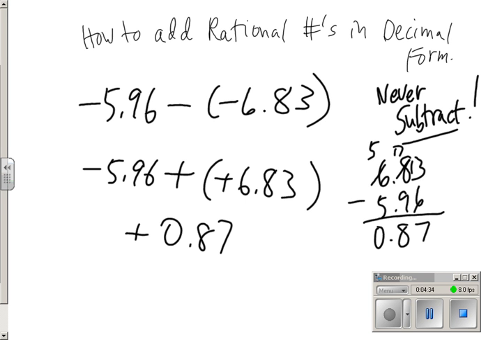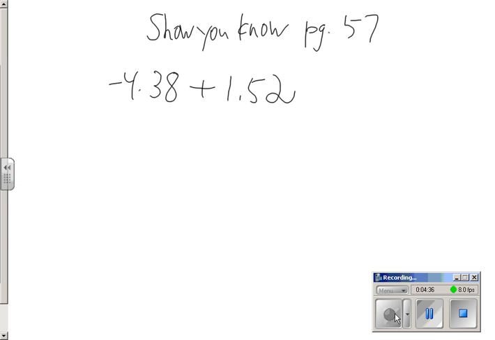So let's try some other ones. Let me just pause this for a second. Okay, we're back. On page 57, the Show You Know A, it says negative 4.38 plus 1.52. Now, this is a question, again, where we're adding rational numbers in decimal form, and we have to figure out what is the answer. Well, I have a little over 4 negatives and a little over 1.5